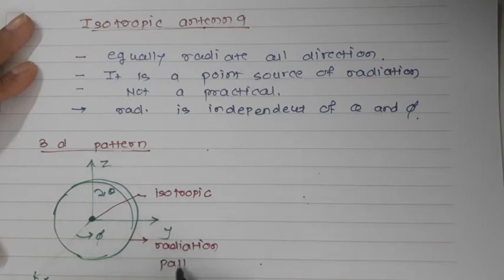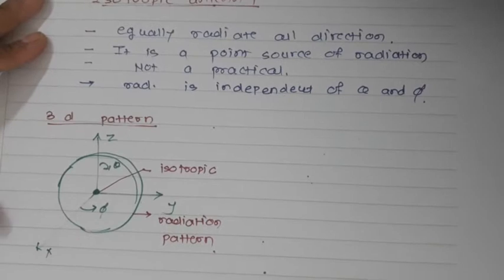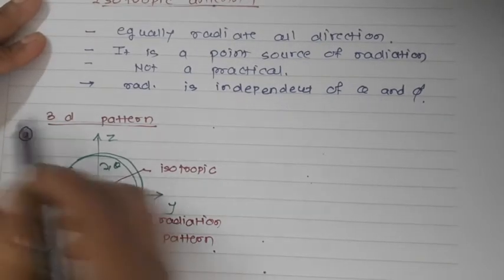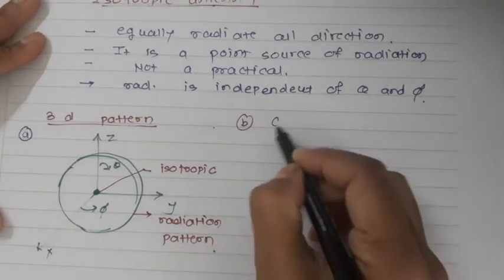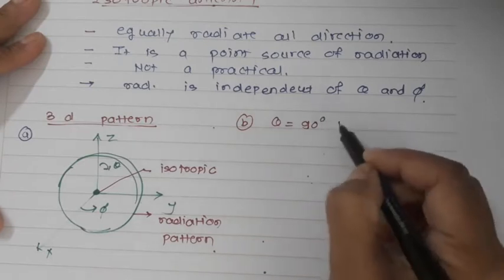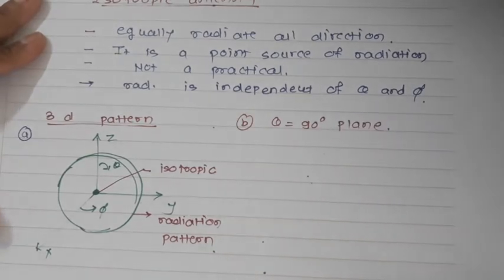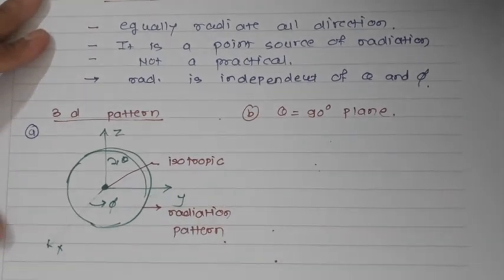So we can understand that this antenna radiates an equal amount of power in all the directions. Suppose I am assuming another condition. So this is the 3D pattern. The other pattern is what I am going to measure at the theta equal to 90-degree plane. How will that particular pattern look for this isotropic antenna? If you draw it, you will again have the same kind of characteristics.